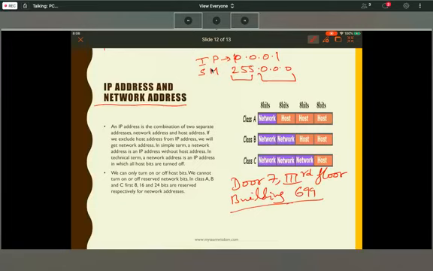I'm repeating again. How many bits belong to the network part? Here the first octet is 255. If I convert this into binary, 1, 2, 3, 4, 5, 6, 7, 8, how many bits are on here?